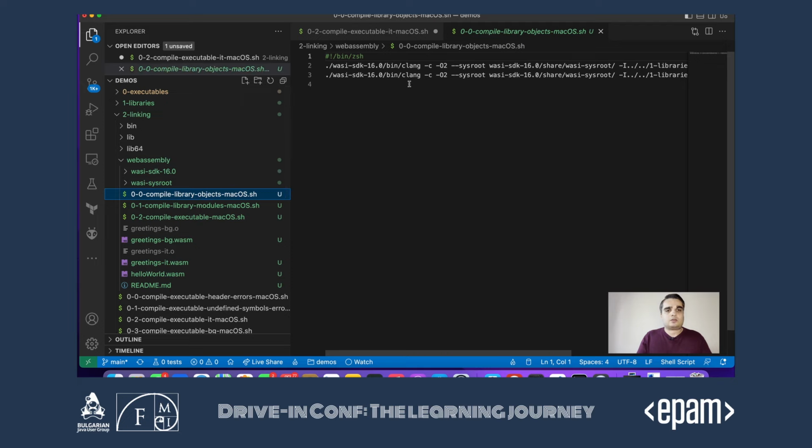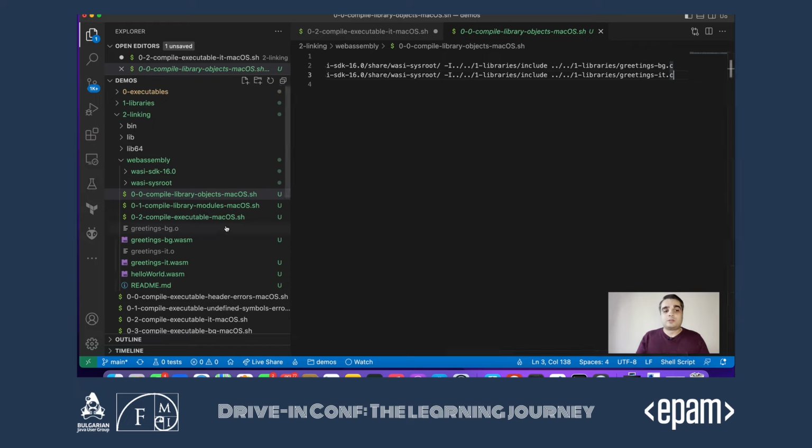runtime. So if we download the WASI SDK, that's basically the same approach of WebAssembly, right? We enable a system interface across the web. If we use their compiler, we can actually compile our libraries. There is still no format for static libraries or shared libraries, so we can only output objects now that we can use to link later in our executables.